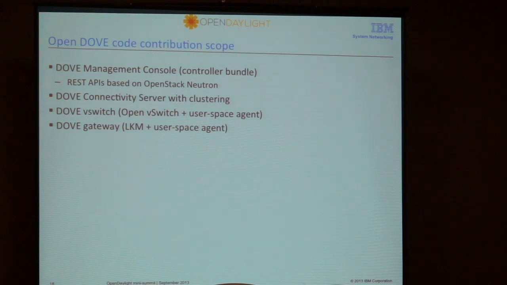We have the Dove connectivity server with the clustering support. That's also part of the contribution. As I said, the Dove vSwitch that we have is based on OVS plus a user space agent. I'll show a picture of that, and then the gateway piece. The gateway consists of a loadable kernel module for the data path part of it, and then it's got a user space agent to configure it. So as you can see, Dove has a little bit of additional complexity beyond some of